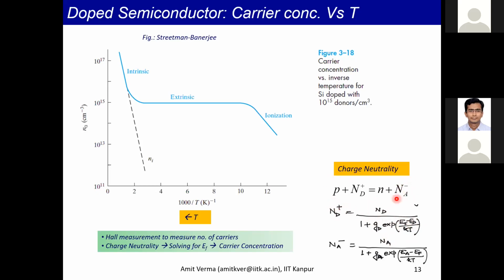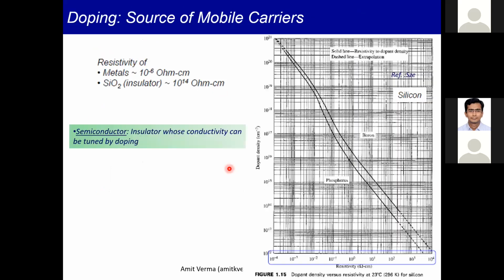So this equation has only one unknown, which is EF. So you solve for that numerically. Once you know that, you can substitute and find these terms individually and get a curve something like this. So this is the power of semiconductors. So as I was saying earlier,